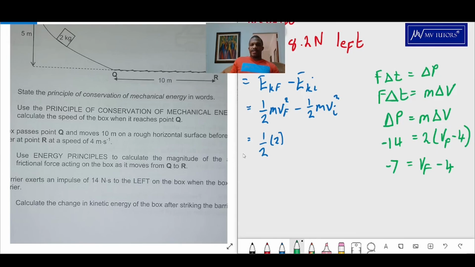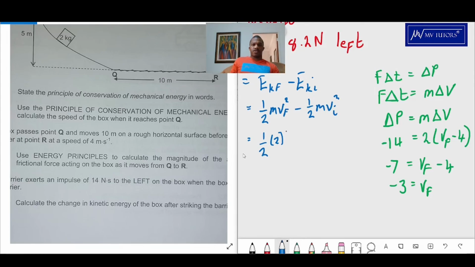So it's minus 7 there. Okay, so then when I take this to the other side, then Vf becomes what? It becomes minus 3. You see that? So which means when I come back here